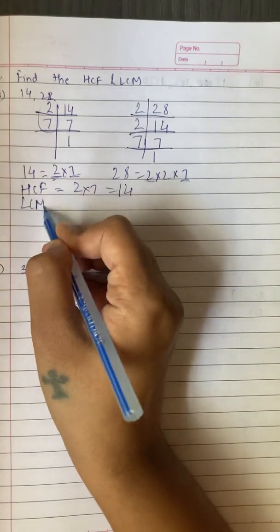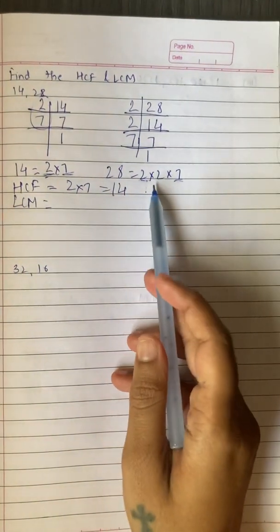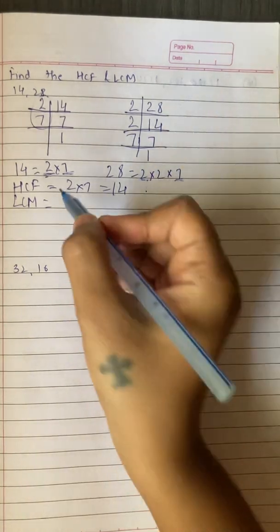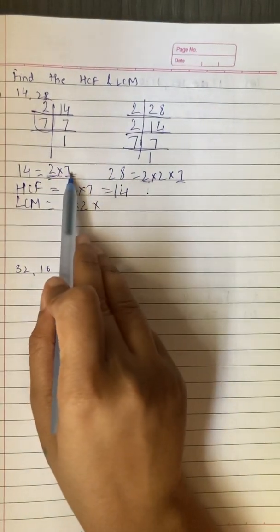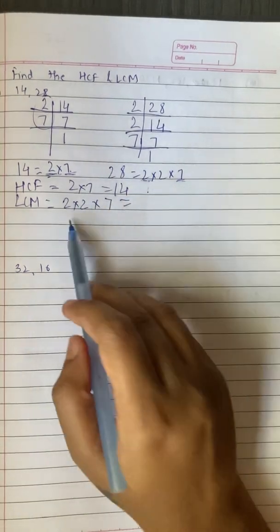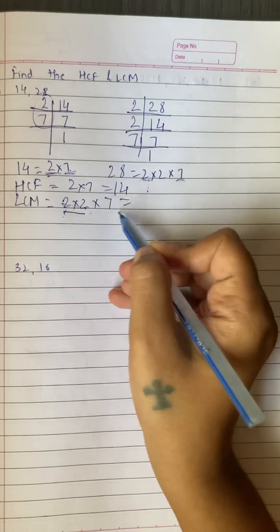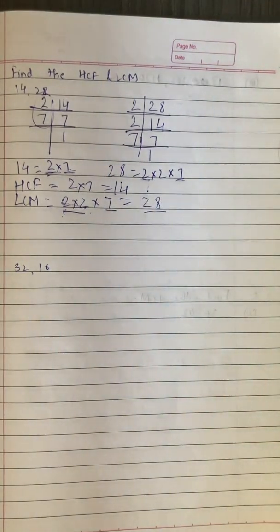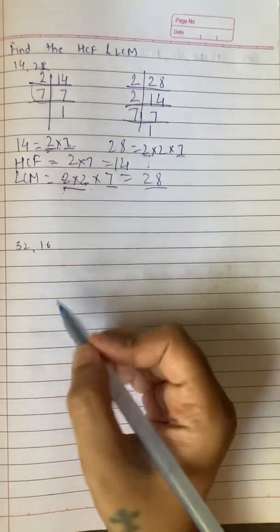Now if you find out the LCM, what is the LCM? You have to find out the factors which are repeated the maximum number of times. So here 2 is repeated 2 times, so we'll take that, 2 into 2. And 7, if you see, here it is 1 time, here also it is 1 time, so I will take only 1 time. Now I'll multiply. 2 2s are 4 and 4 7s, that means 7 4s, are 28. So 28 is the LCM. So the first sum is done. Second sum let us do quickly.